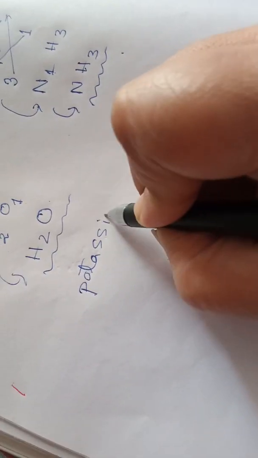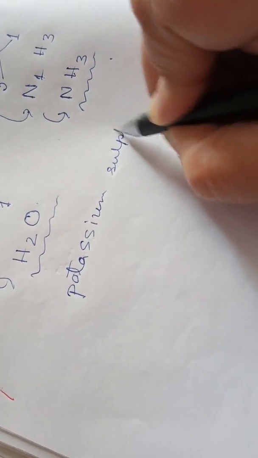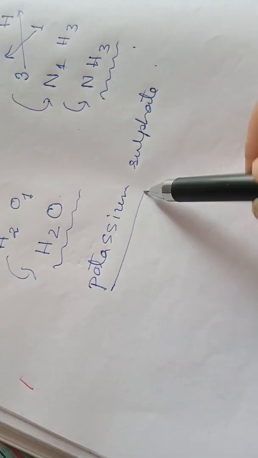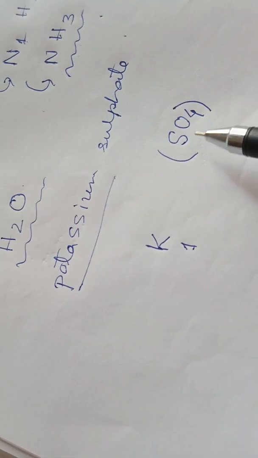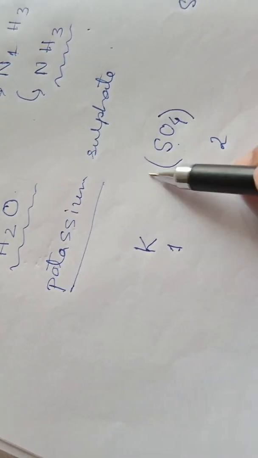Now I am taking the molecule such as suppose potassium sulfate. Now you see potassium, simply all of you know K. So its valency is 1. But sulfate is a radical. What is the formula of sulfate radical? SO4. And what is the charge? -2. So valency is 2. You write down here like this, but you give a bracket around this radical because it is the polyatomic ion. So as a whole, you give the bracket around it. After that, you cross over it.